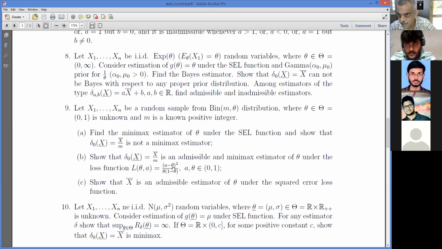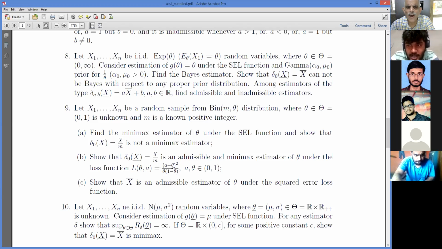Is that okay? Yes, sir, but I have to show X bar, means you told that X bar by over here. It should be X bar by M. Okay, sir, then it is fine. Means then I can. No, just let me just see.